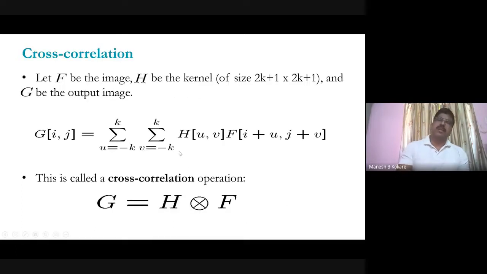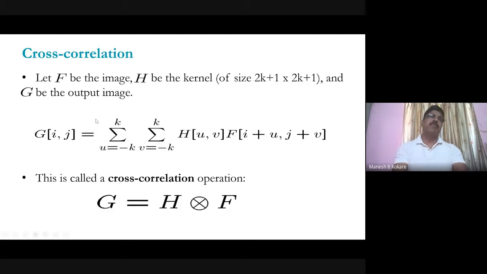So there are basically two operations you can do, either cross correlation or convolution. You know that correlation is nothing but finding the similarity between two different functions. If the two functions are different, then this correlation is called the cross correlation, and it will be high if two functions are similar or exactly matching. So that value will be large. And if they are dissimilar, then the cross correlation will have the 0 value, right?